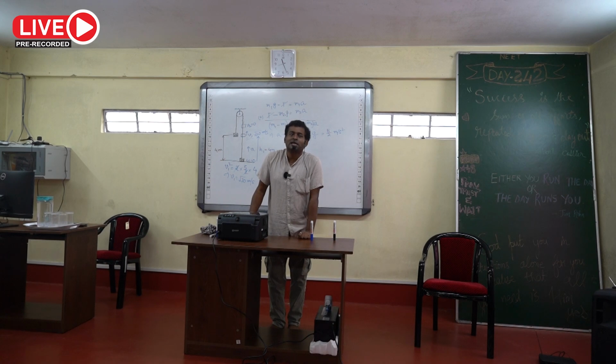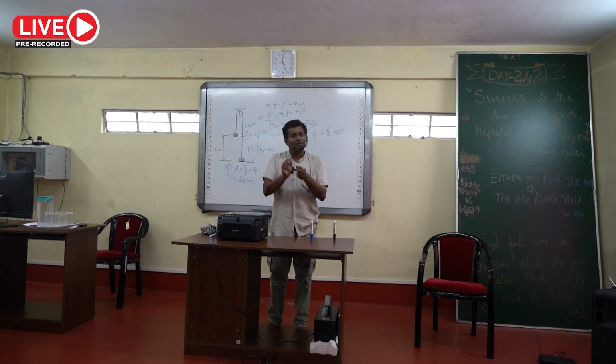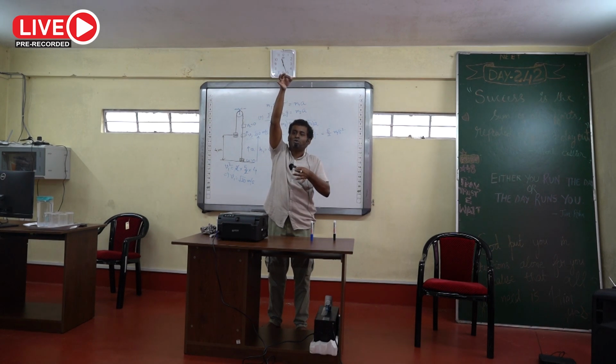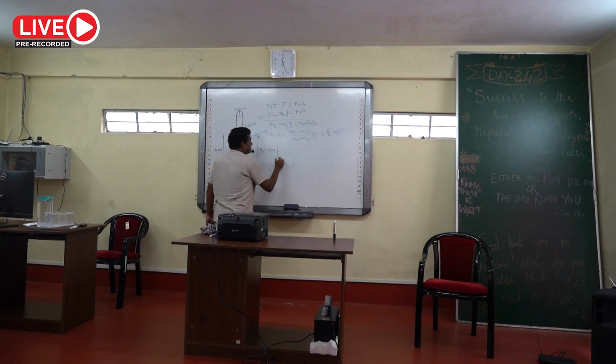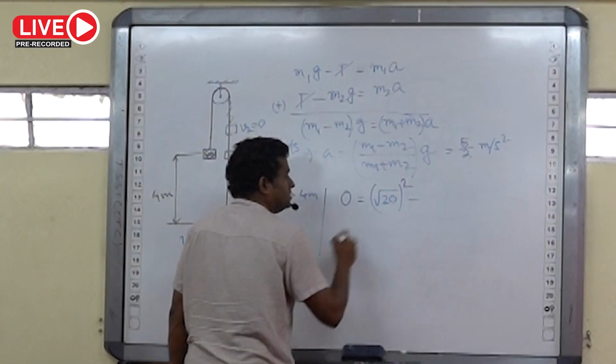An unstretched string cannot apply tension force. So if the tension is absent, then only gravitational force will act on it. Gravitational force is downward and velocity is upward, so this behaves like retardation, and the velocity will become 0 after a certain height. Next part of the problem: consider the final velocity 0, initial velocity root 20,